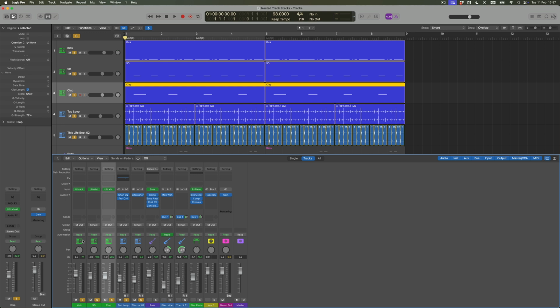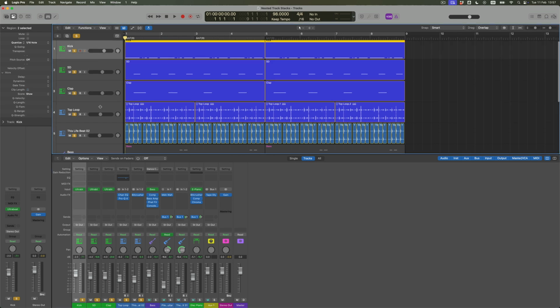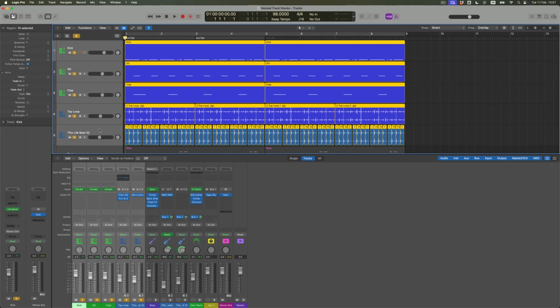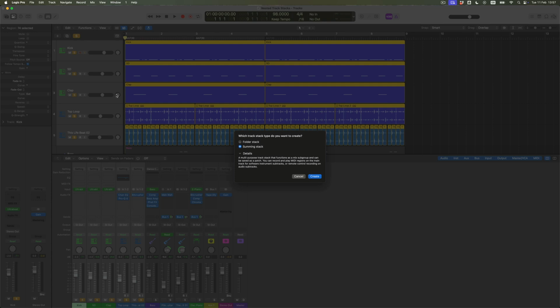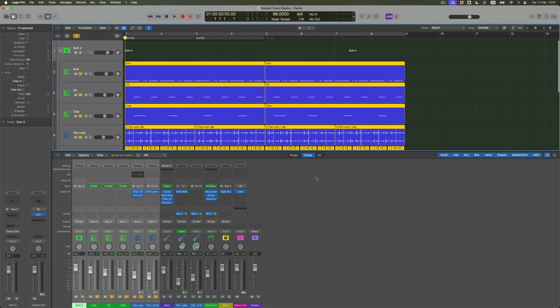So at the moment, you can see that every single sound is being routed straight through to the stereo output, which is here, which effectively is where all of the sounds are being sent onto the speakers or to your headphones, however you choose to work. What I have a chance to do if I select all of the drum parts is to, and I'll keep the mixer open so you can see what happens as I do it, Control-click these tracks and create a track stack. And of the options I choose here, I select the summing stack,